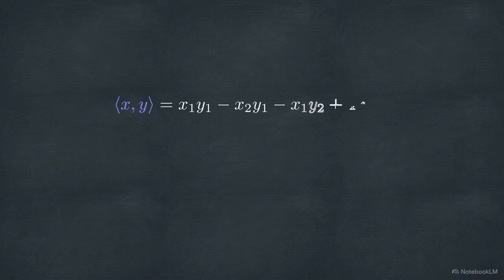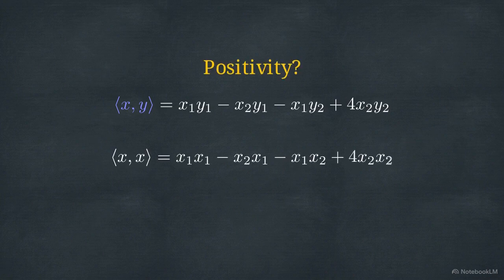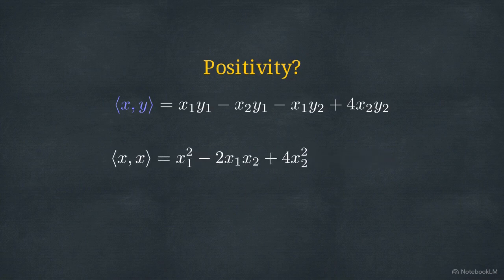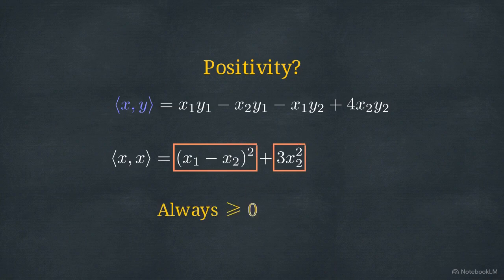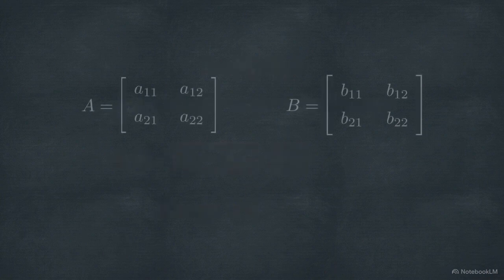But we aren't restricted to the standard dot product. Here is a custom inner product in R2 that uses subtraction and different coefficients. At first glance, it isn't obvious that this satisfies the positivity rule. But if we plug the same vector in for both slots and simplify, it factors neatly into a sum of squares. Since squares of real numbers are always non-negative, and these only reach 0 if the vector itself is 0,